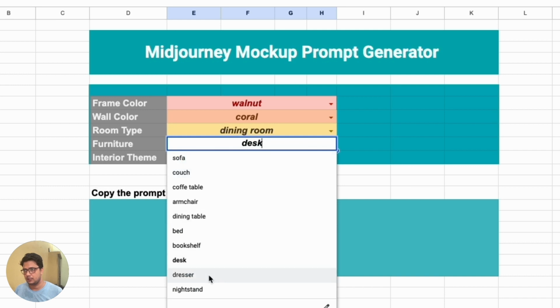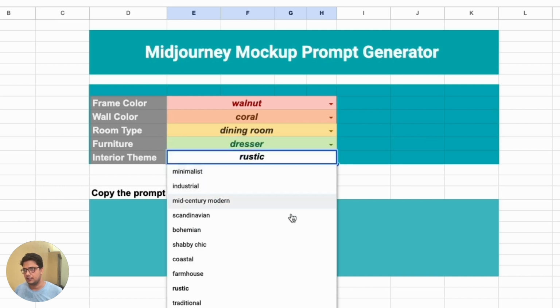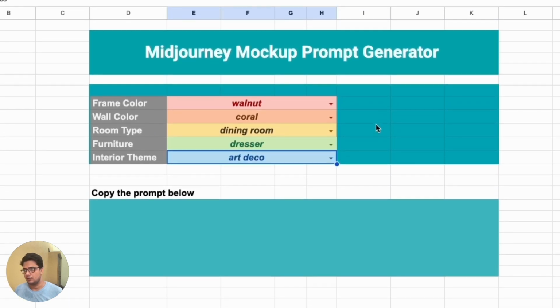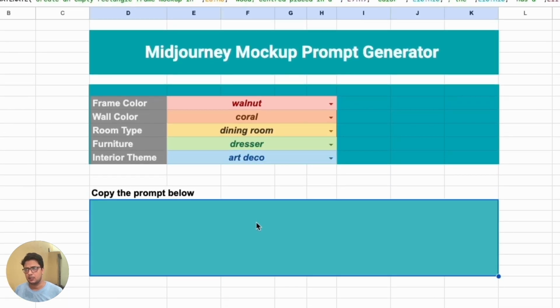Any furniture, dresser, nightstand, and then interior theme. And there are tons of interior themes you can select. Once all these four parameters are selected, you can copy this prompt and directly paste it into Midjourney to create your